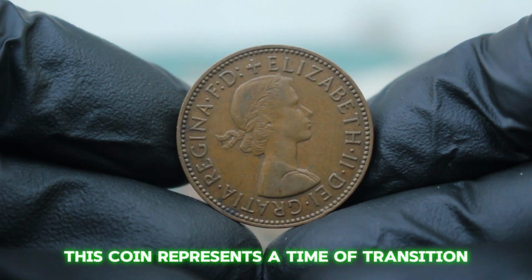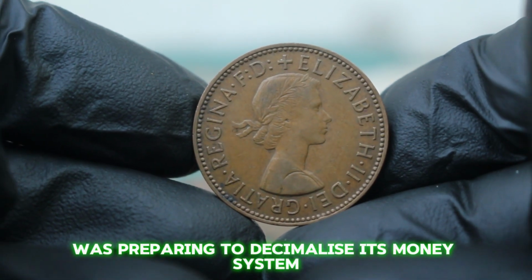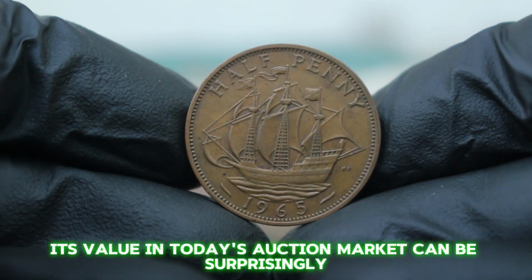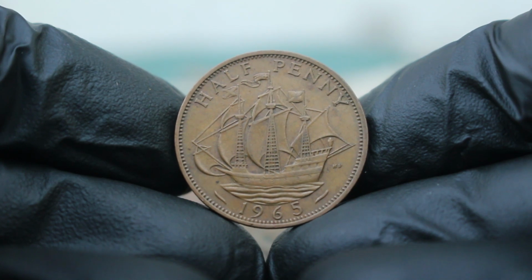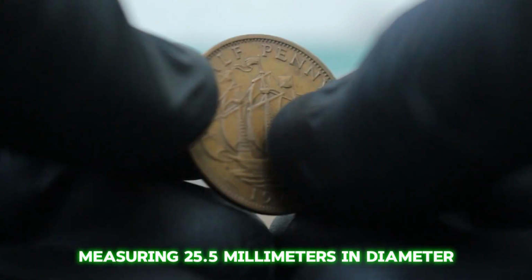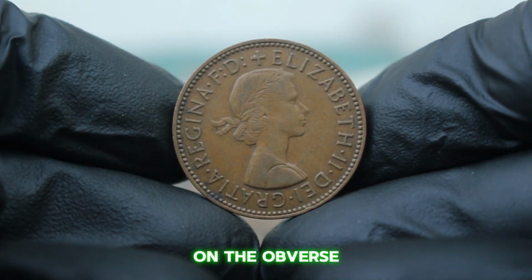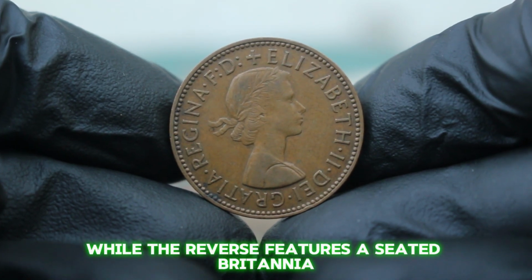This coin represents a time of transition for British currency as the country was preparing to decimalize its money system. Despite being a relatively modern coin, its value in today's auction market can be surprisingly high. The 1965 halfpenny is made of bronze, measuring 25.5 millimeters in diameter and weighing approximately 5.67 grams. On the obverse, you'll find the portrait of Queen Elizabeth II, while the reverse features a seated Britannia, a common